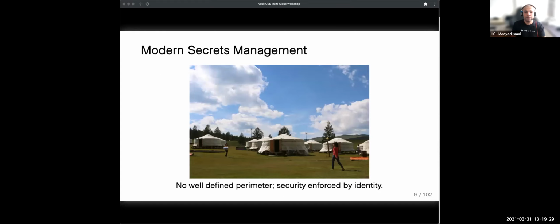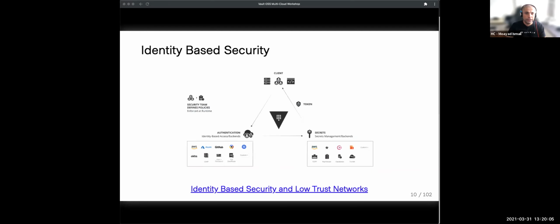security measures are starting to come into play, and they are based around identity. Now that we don't have well-defined perimeters, you are extending into less secure or less trusted networks. The change to identity enforcement is becoming the norm today, and that's well displayed by, for example, the cloud providers with their IAM access. Everything is managed via IAM, all access. And the idea is: how do we enable identity enforcement? This is where Vault really comes in.